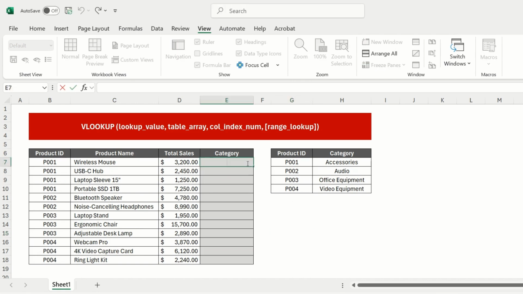To use the VLOOKUP formula, click into the cell where you want your result to populate. Then type =VLOOKUP open parenthesis. As you type the formula, Excel will ask you for inputs. First is the lookup value, which is the information Excel will use to search with. In this example, it's the product ID, since it appears in both tables and is a unique label for each